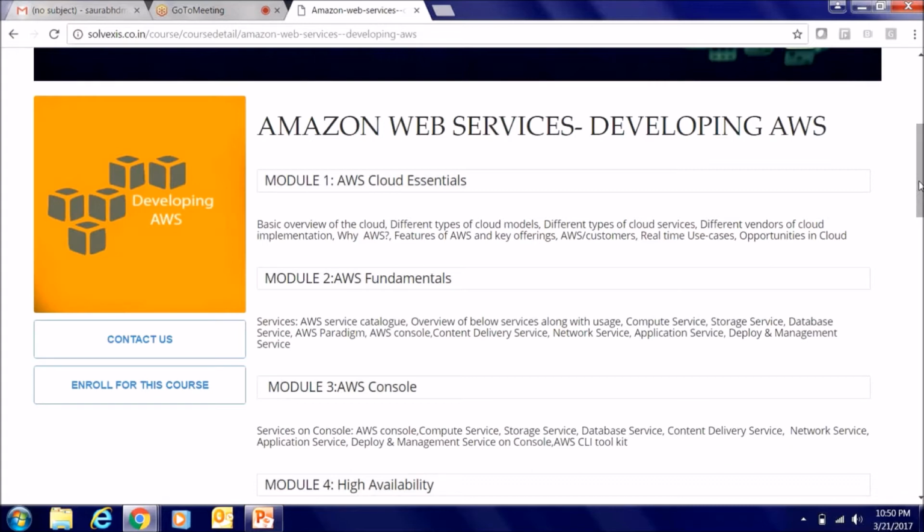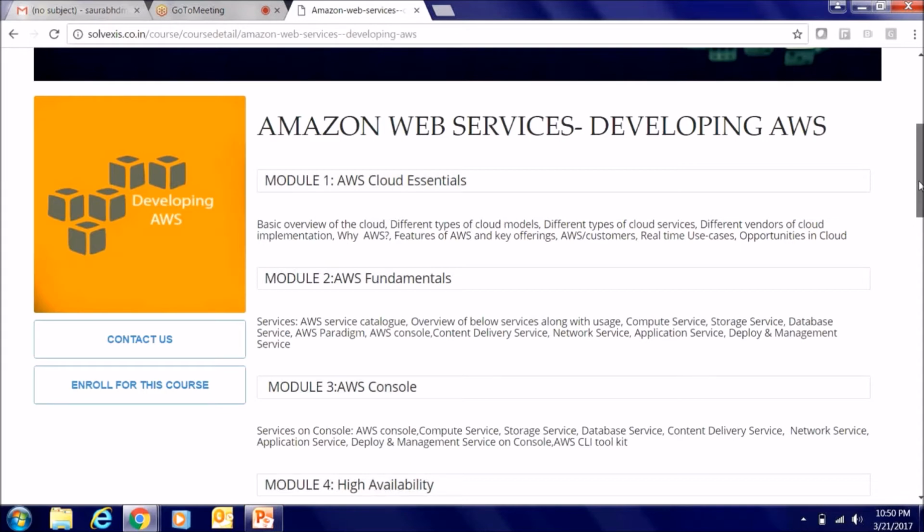In module 1, we'll cover the AWS Cloud Essentials. We will cover the basic overview of the different kinds of services. The basic services offered by AWS can be categorized into compute service, which is nothing but your CPU or your system, which can be a Windows system or a Linux system. You can choose the operating system you want. There is a storage service where you can store your data. There's a database service where you can store your RDBMS table structures. You can create your tables and create your databases. Content delivery service, network services. All right, so this will be covered in AWS fundamentals and AWS Cloud Essentials.